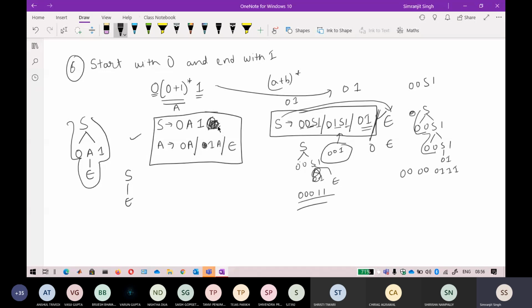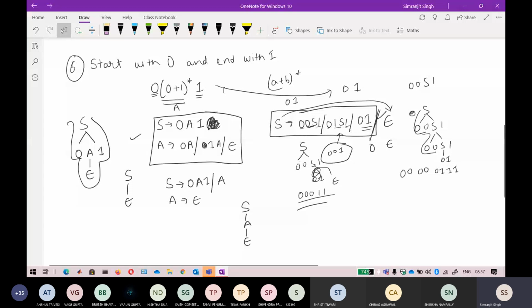But there is no compulsion. You can also generate epsilon even if epsilon is not defined in the starting symbol. For example, S can tend to A and A can tend to epsilon. So do not think that if epsilon is not in the starting symbol, it is not a part of the language. But if epsilon is in the starting symbol, it will always be a part of the language.